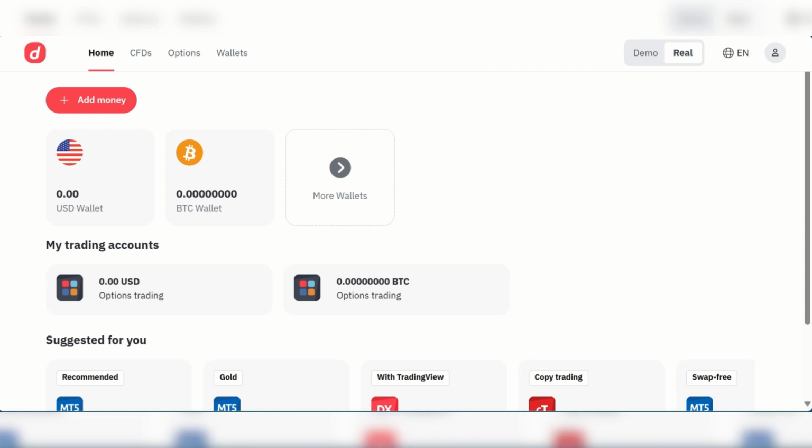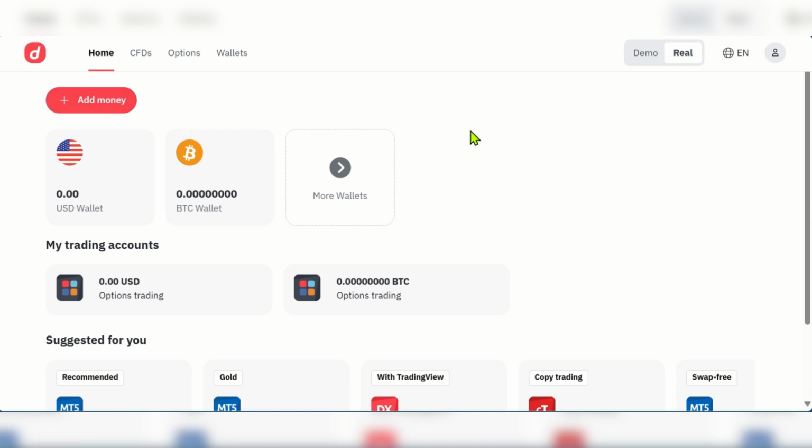What's up everyone, in this tutorial we'll be guiding you on how to deposit into your Deriv account. You'll need to make sure you're logged into your Deriv account. If you're finding this great for you, but if you're not, you will see Cashier at the top area right here. Whatever the case is, if you have Cashier, click on Cashier and it's going to take you to a page